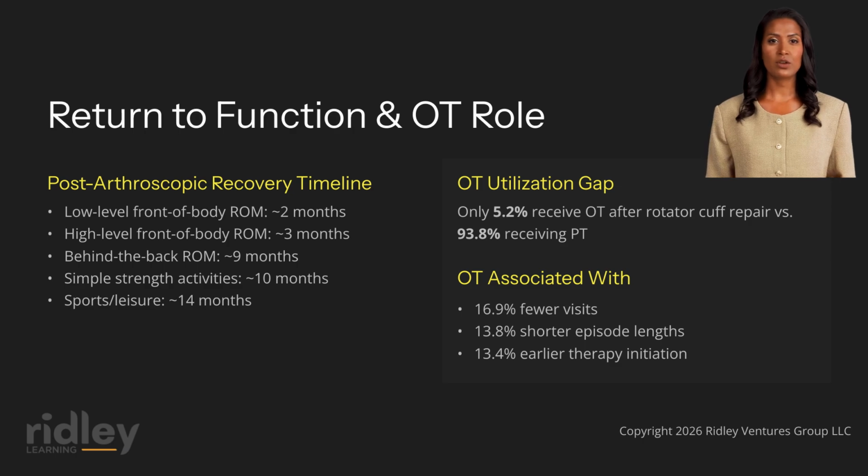Return to function following rotator cuff pathology requires systematic restoration of the capacity to perform activities of daily living, work tasks, and recreational or athletic activities. Following arthroscopic rotator cuff repair, patients typically achieve recovery of low-level range of motion activities involving the front of the body within 2 months, high-level range of motion activities involving the front of the body within 3 months,